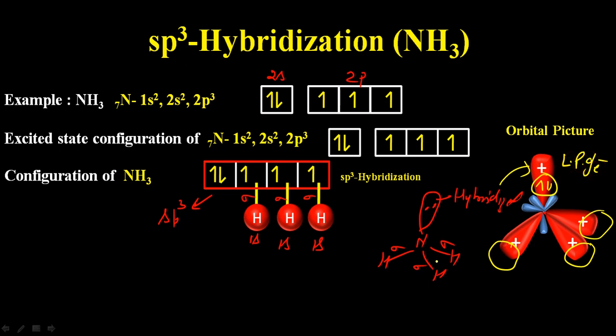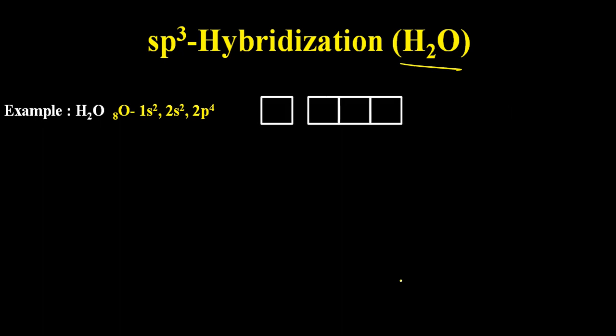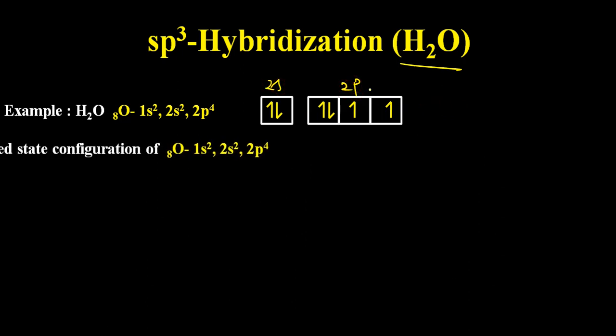In case of ammonia, we have one lone pair. A similar type of example is the water molecule. In the water molecule, we have oxygen as the central atom with 1s2, 2s2, 2p4 electronic configuration. This is the type of arrangement in the 2s and 2p subshells, and in the excited configuration, we will also